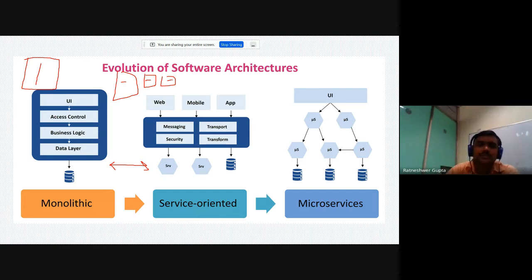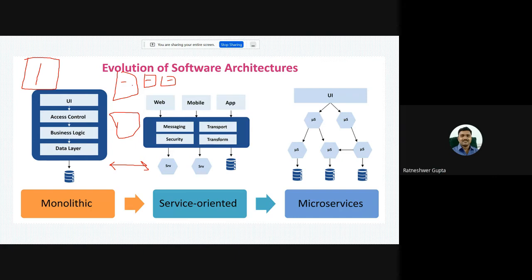Components are already developed and stored in the libraries. So whenever we have to develop software, we will not go from scratch. We will take this component from this library, that component from that library, and just like an assembled computer, an assembled software will be ready.